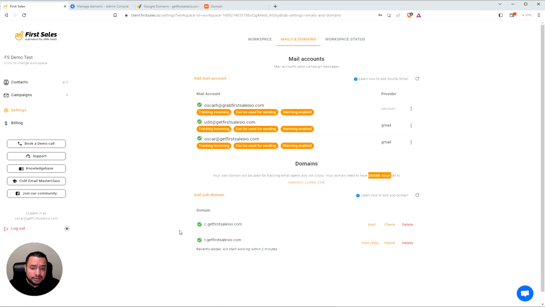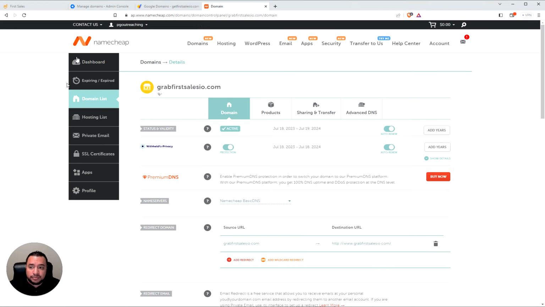Let's say that you have registered your domain somewhere else, or you are managing your domain somewhere other than Google. The process is pretty much the same. You just have to make sure that you look for where you will manage DNS for that domain. In the case of our example that we've been following throughout this entire tutorial series, we added a domain in Namecheap, and we're going to add this subdomain into Firstsales from our Namecheap domain. So we're going to go into Namecheap, we're going to go into the domain list, find our domain, and then we're going to go into Advanced DNS,